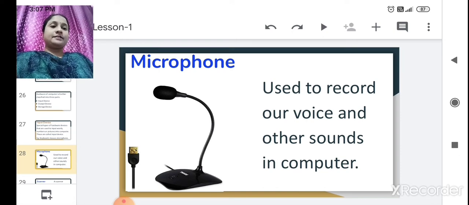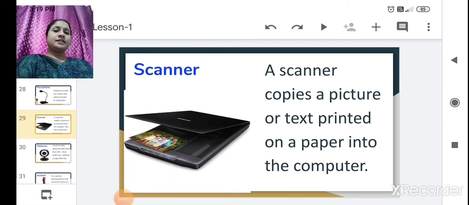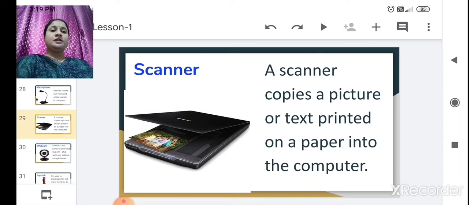Now we will see the next one. Scanner. A scanner copies a picture or text printed on paper into the computer. This device reads the text and pictures printed on paper and transfers the information into the computer.